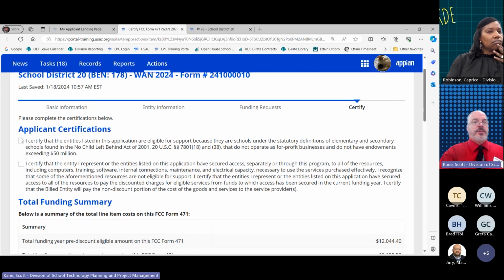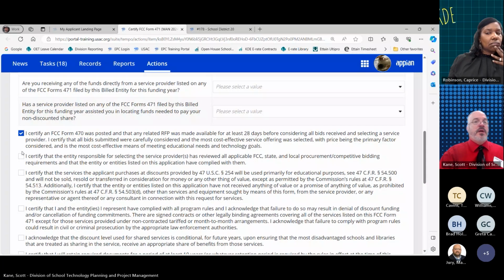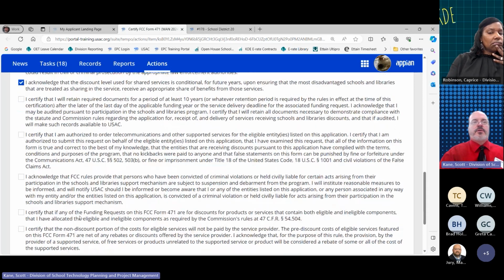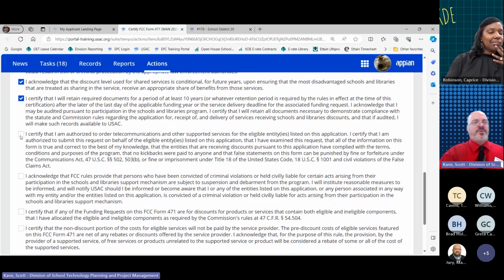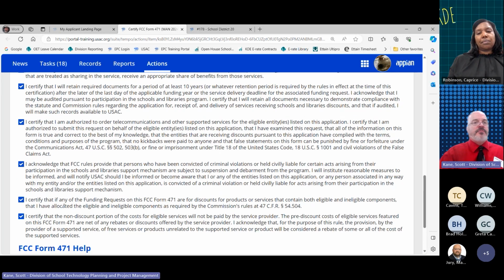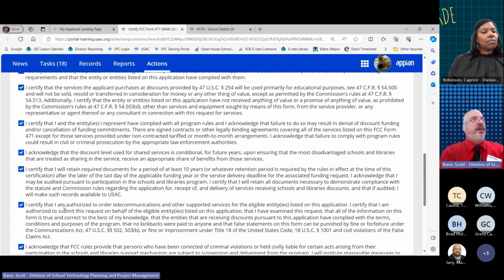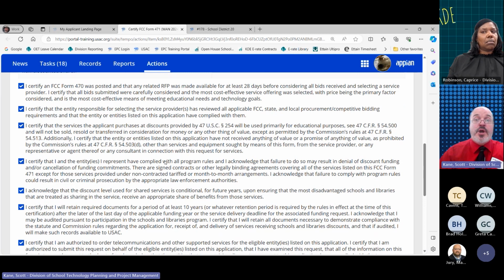Applicant certifications. All of the check boxes will need to have a check next to them. None of these are gotchas like they used to be. There used to be a handful of them that were kind of gotcha. If you checked that off, you checked off that you're not following the rules, and it was kind of sneaky and it confused some people. So all of them are there. I do encourage you to go ahead and read them. You should know what you're attesting to. This is a legal document, so make sure that you understand the rules that you are saying you're going to abide by. It's one of those things that's wise to know what you're signing off on.